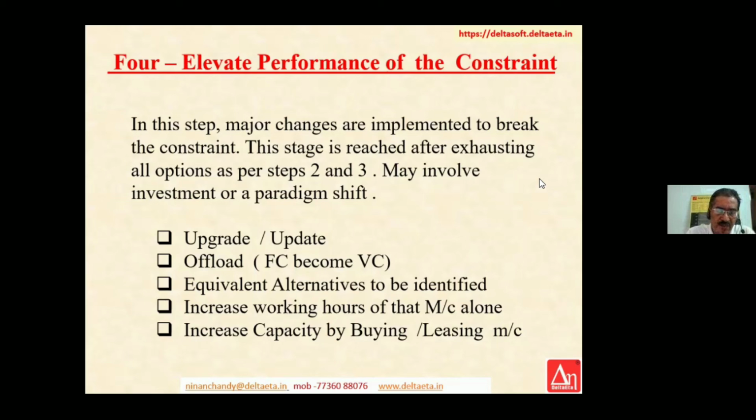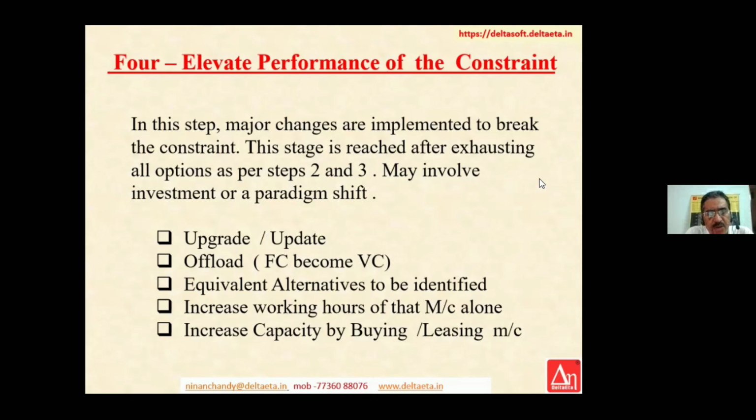But when you increase the capacity, be reminded that you are increasing the cost, the fixed cost increases. And until that capacity is fully utilized, you will not be able to gain anything out of it. For example, I tell you, you have one machine producing 1,000 pieces a month, and the cost of running a machine is say 1 lakh. So for 1,000 pieces, your cost is 100,000 rupees. For each piece, your cost is 100 rupees.